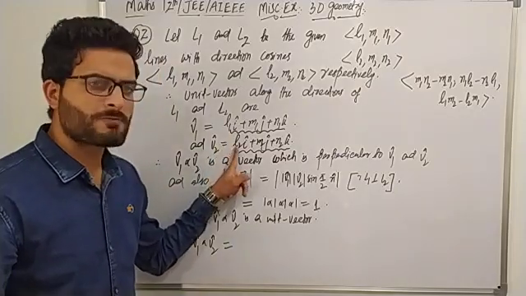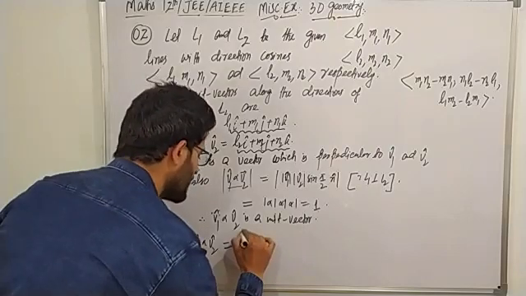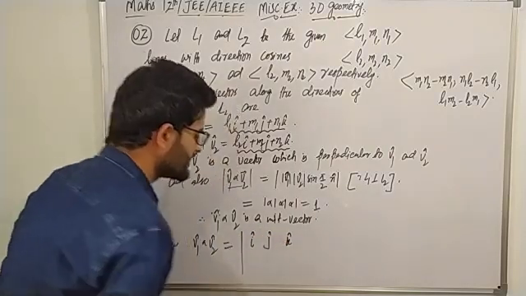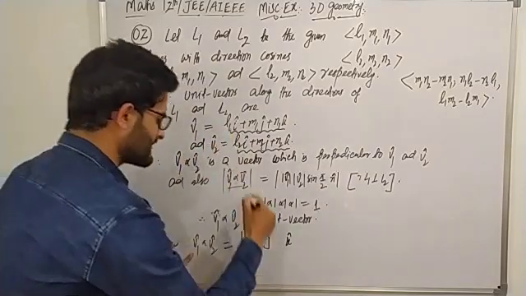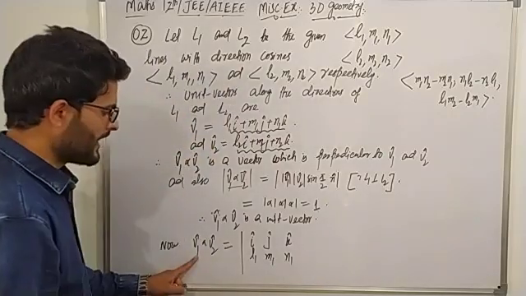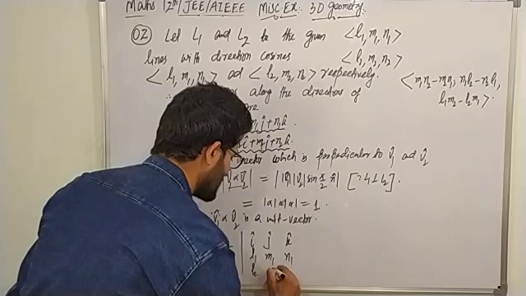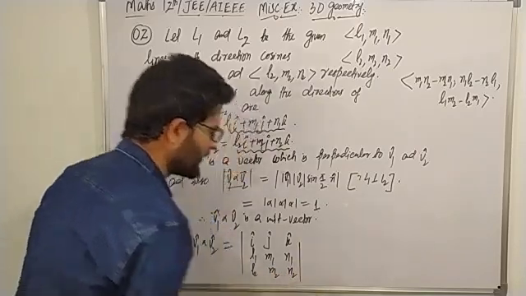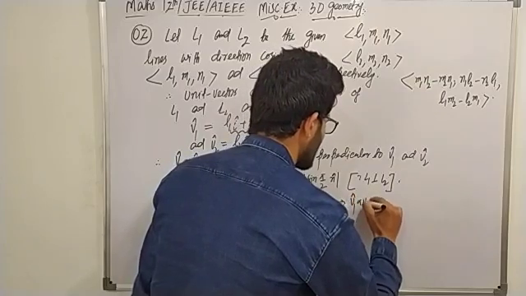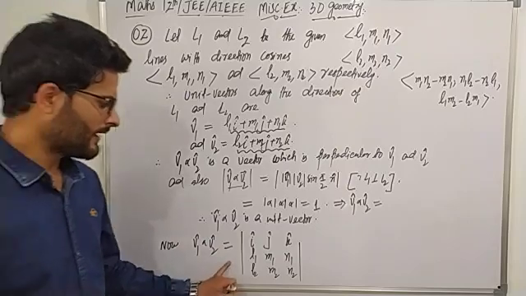When two vectors are expressed in terms of their components, then their cross product is directly equal to determinant of I, j, k in the first row, scalar components of v1 cap, that is L1, M1, N1 in the second row, and scalar components of v2 cap, that is L2, M2, N2 in the third row. So implies from here we will get v1 cap cross v2 cap must be then equal to, yes, evaluate the